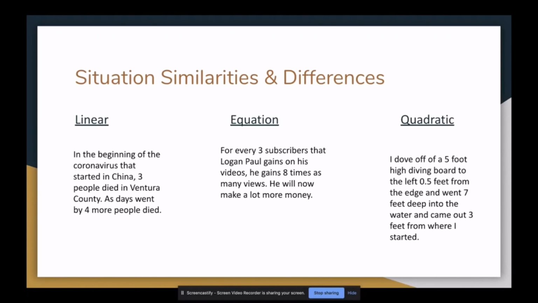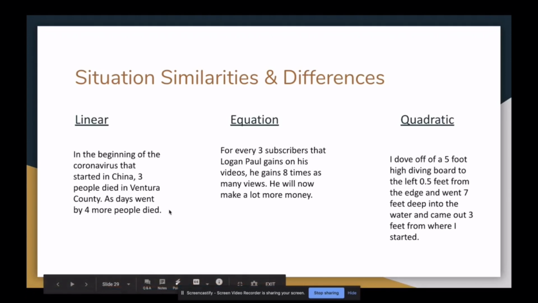For our quadratic web, I dove off of a 5-foot-high diving board to the left 0.5 feet from the edge and went 7 feet down into the water and came out 3 feet from where I started. So these have similarities and differences. First, the similarities between a linear and equation. They were both made after the tables. We use the tables to make the situations for linear and equation. They both only have 2 numbers in them that we're using. They're both very similar. And then quadratic's a little different from the 2, but